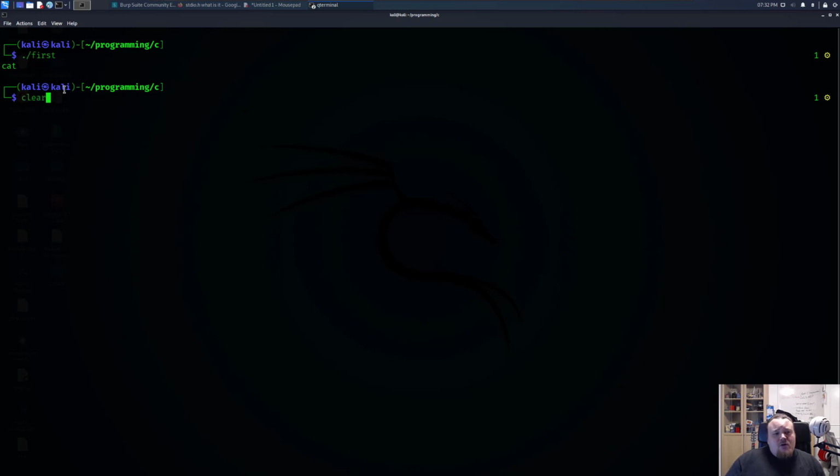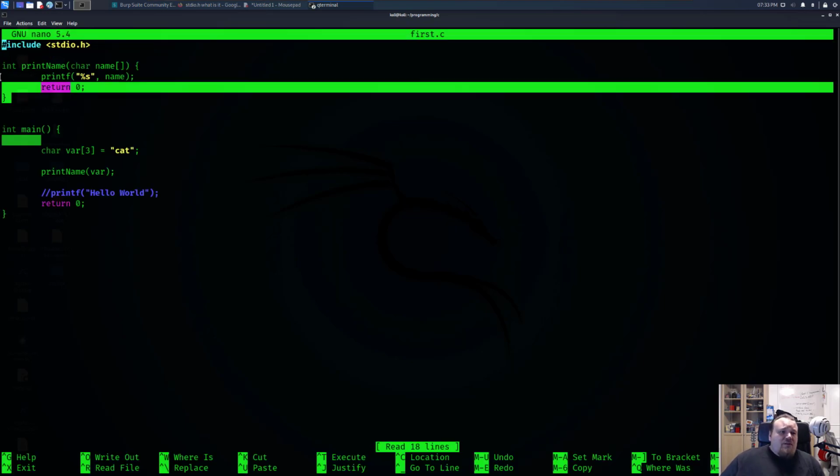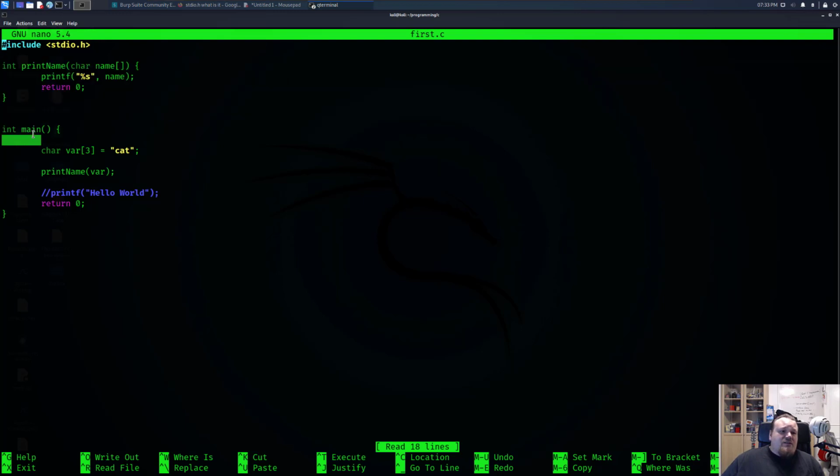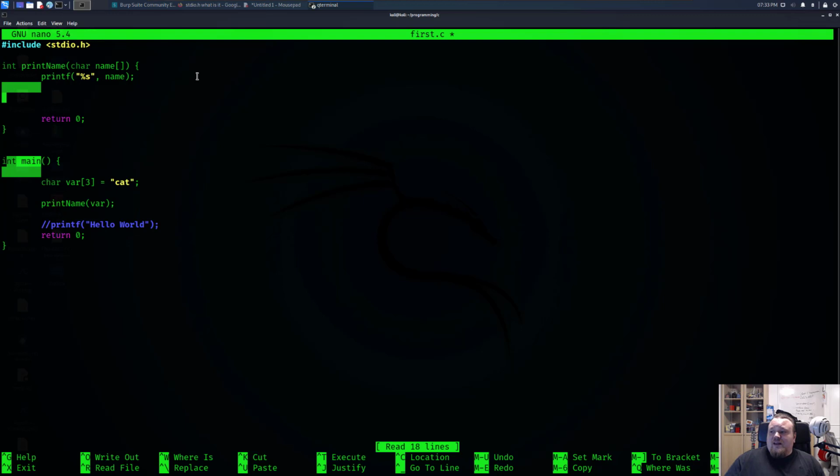So in C programming, it is very important that you do actually declare your functions at the top before the mention of the int main function. So that is one way of working with this. So let's go ahead and implement some more stuff in this function here. Let's do some if statements. I think what we should do